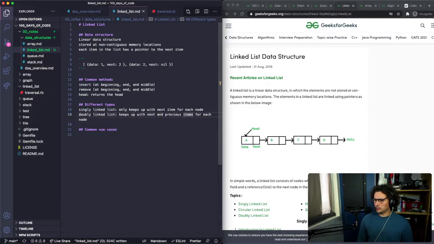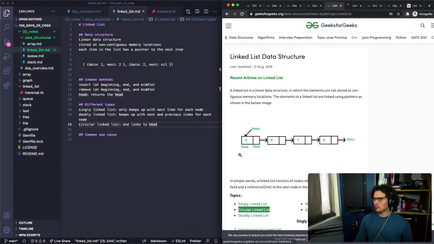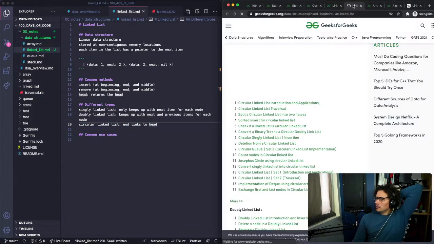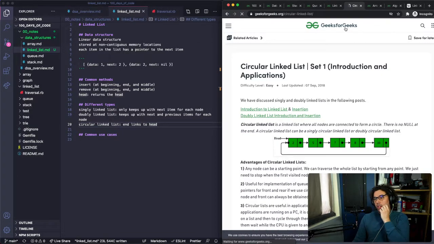Oh, and then there's what, a circular linked list? I think that's what it is. Let's double check. Yep, cool.